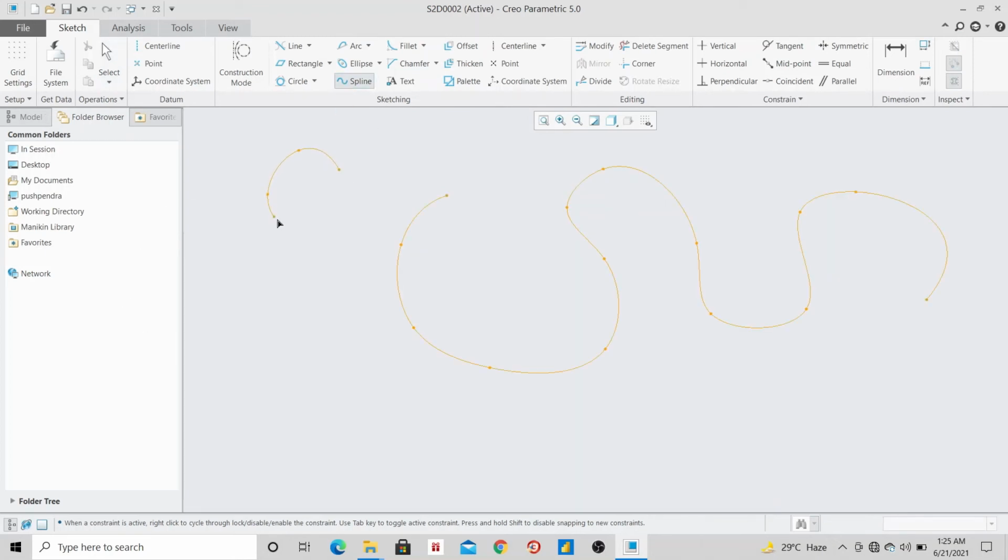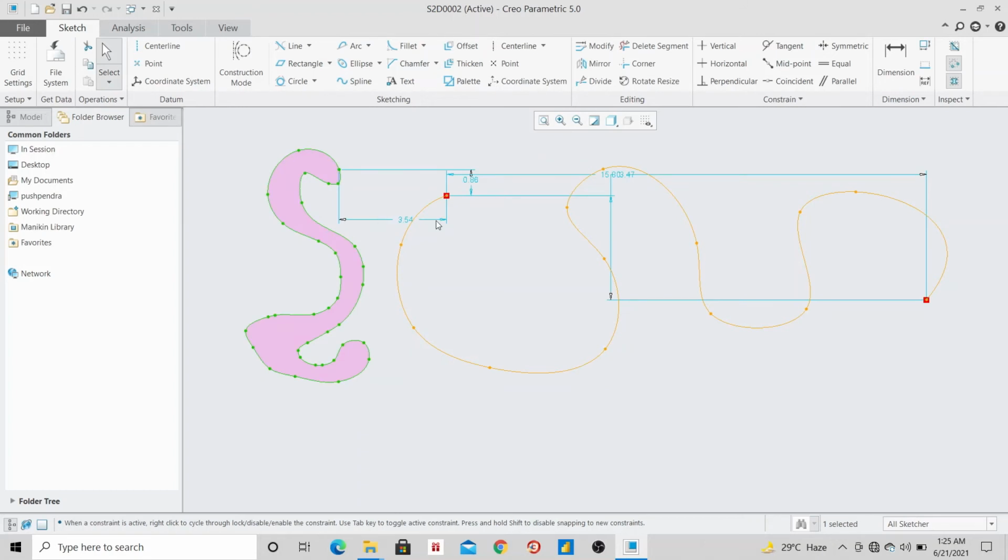I can write anything. So if you are trying to do a free form sketching, you can use a spline.